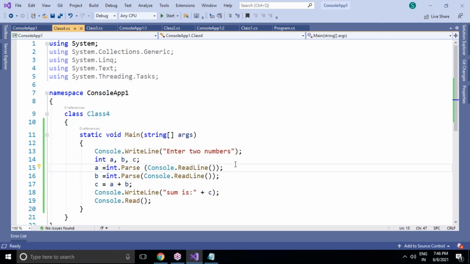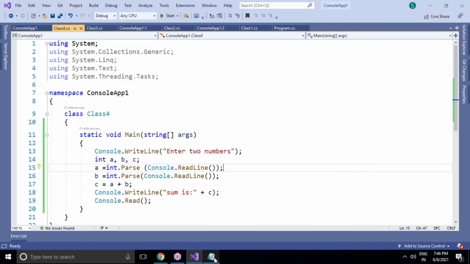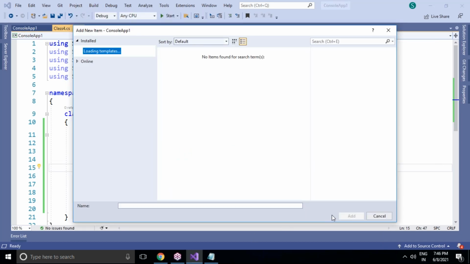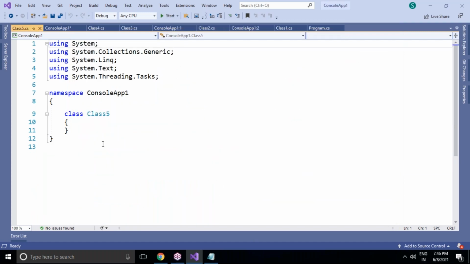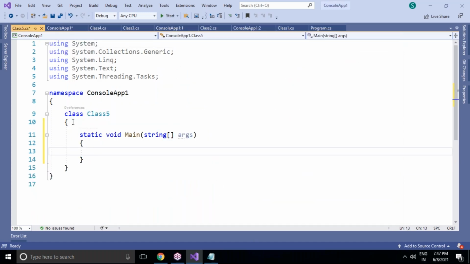But now I would like to show you the exact difference between Convert.ToInt and int.Parse. What is the difference? For showing the difference, I'll take one simple example. Add class 5 and a main method: type svm, double tap, and the main method is generated automatically. Then string s equals "100".